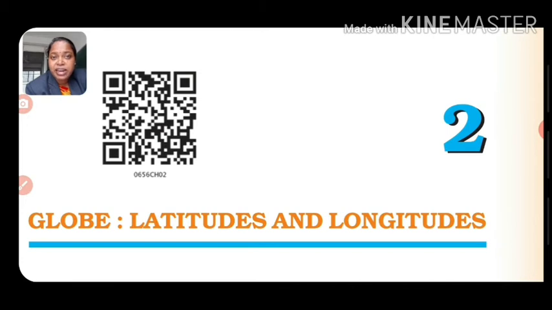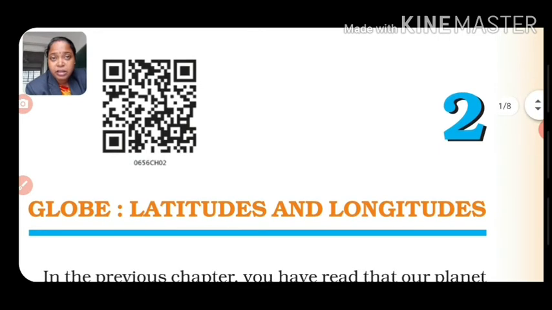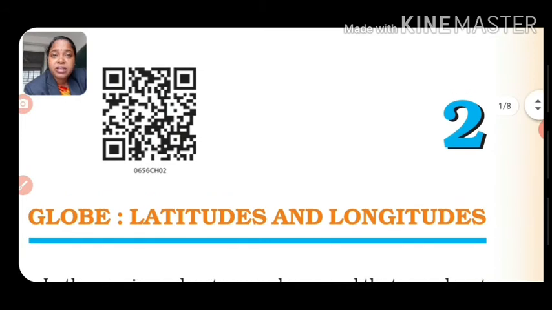The one which divides the globe horizontally is latitudes, and it starts from 0 degree to 90 degree. 0 degree is the equator, and 90 degree is the North Pole in the north direction and the South Pole in the south direction. So latitude divides the globe horizontally and has the parallels of latitudes. We studied these in the previous part of this chapter.